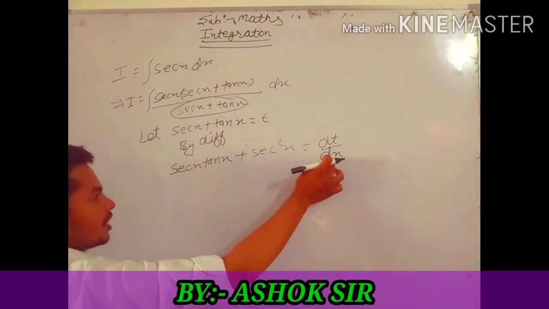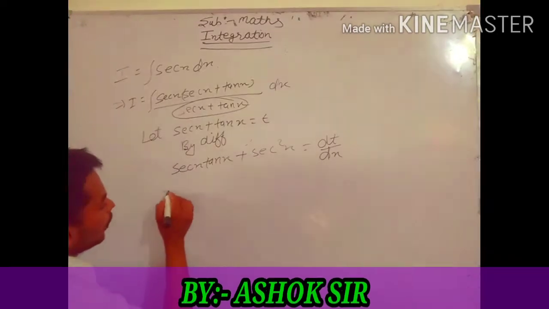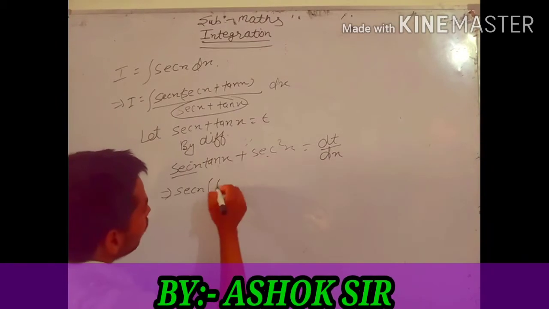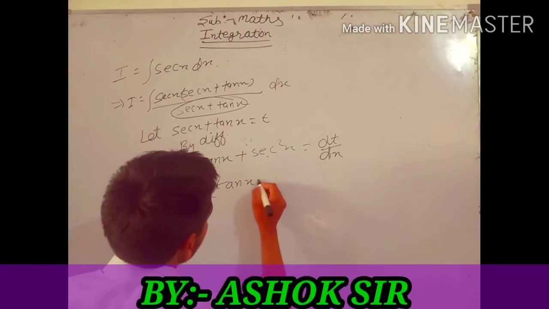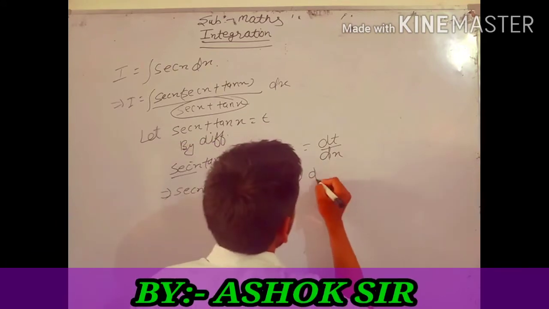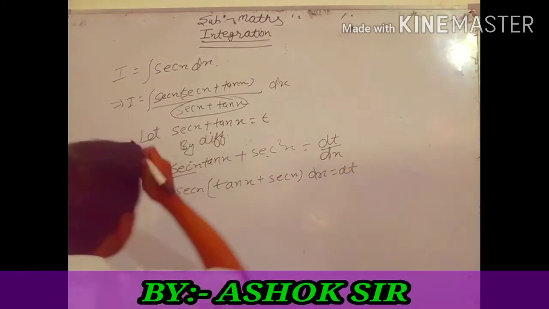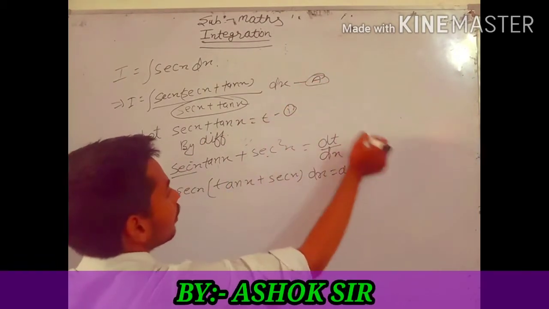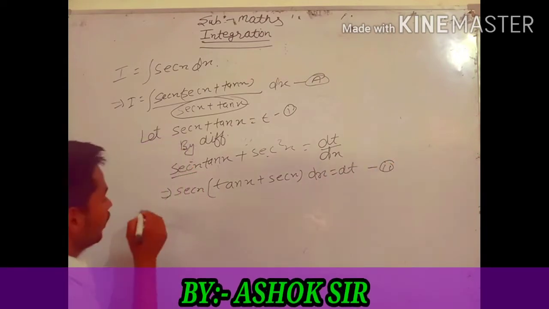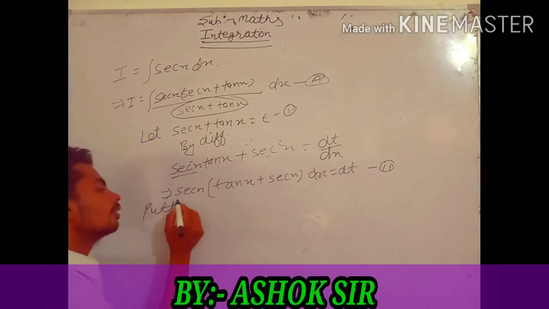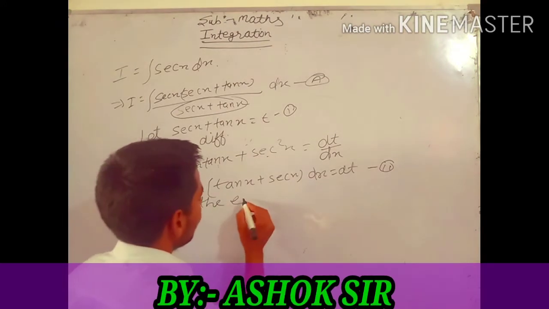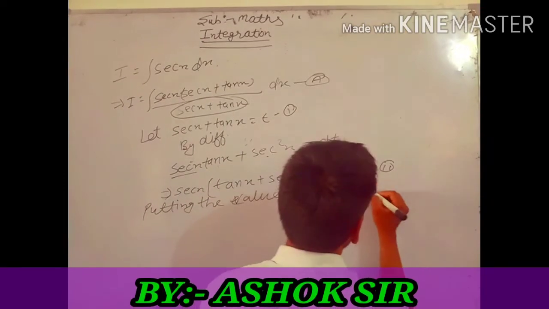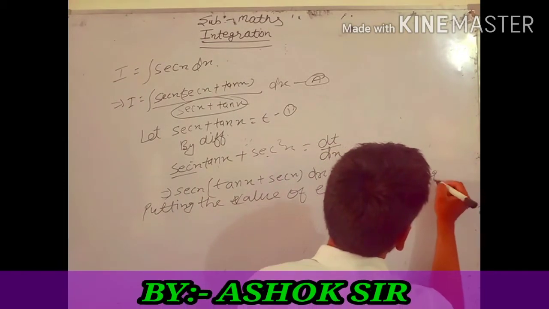We multiply dx on the other side, so the next step is, we can take out sec x from both terms, so sec x tan x plus sec x dx is equal to dt. Putting the values of equation first and second in equation first,